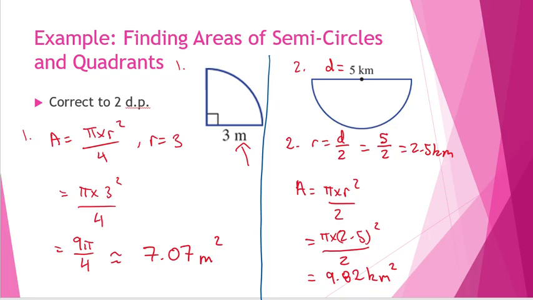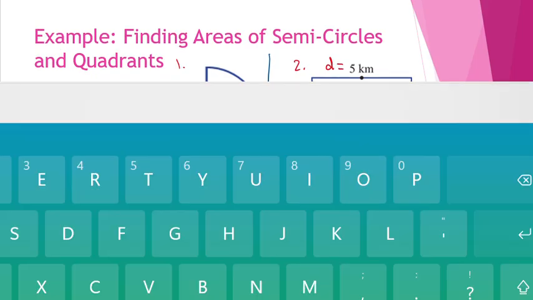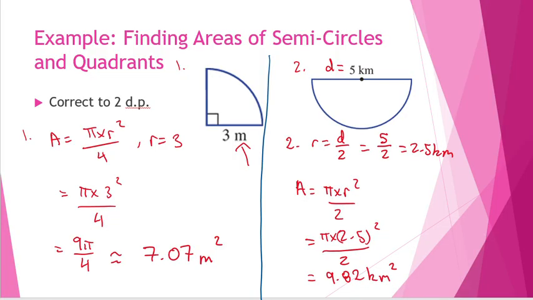That's after correcting it. Now, in question 2, when you're given a half circle, the length that they normally give you is the diameter actually. But because we only want to work with radius, we need to convert the diameter to radius. So just remember, to do that, you must divide by 2. So 5 divided by 2 ends up being 2.5. Write out my general formula of my half circle, substitute my values in, type in the calculator, and I end up with 9.82 kilometers squared. Okay,